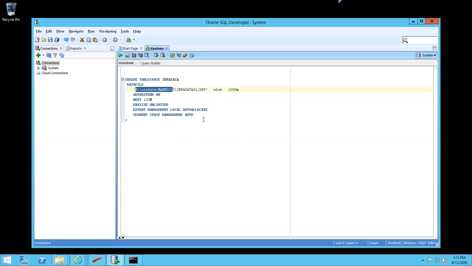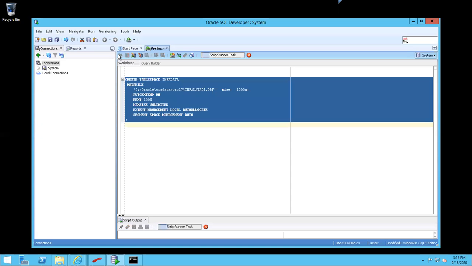We need to specify two things: the table space name and the location. This is the size, and we are specifying auto extend on for every 100 MB, so in case this hard limit is reached, it extends by 100 MB. There is no restriction on maximum size.